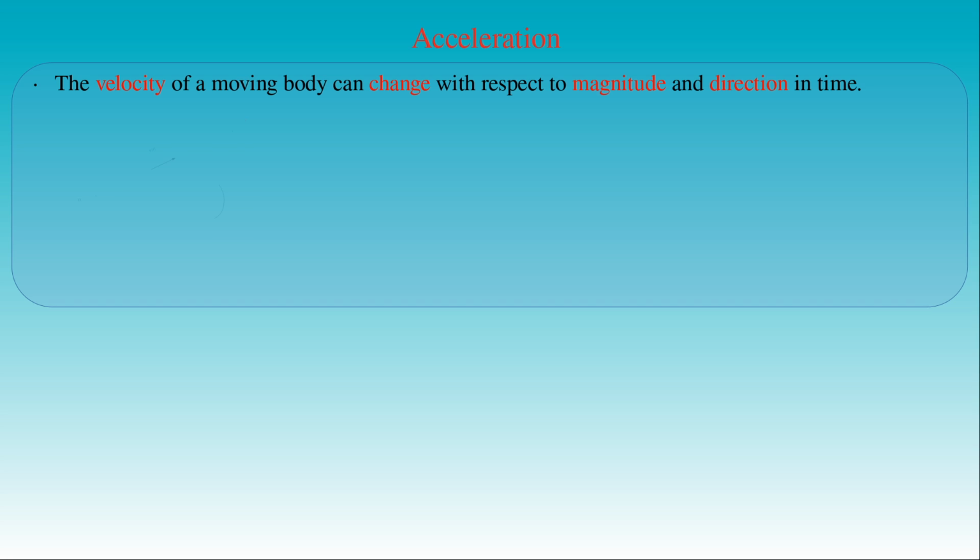Here we can see the spatial curve representing the path of the moving body. After having chosen the reference point O, we can use the position vector r(t) to describe the momentary point P of the moving body along the curve at the instance t of time. Then the velocity of the moving body at the point P is the tangent v(t) to the curve. At the time t plus delta t, the moving body reaches the point P' on the curve, which has the position vector r(t + delta t). The velocity of the body at the point P' is then the tangent v(t + delta t).